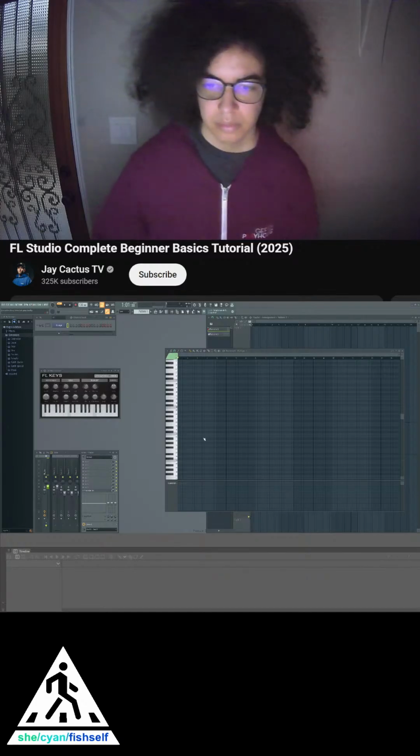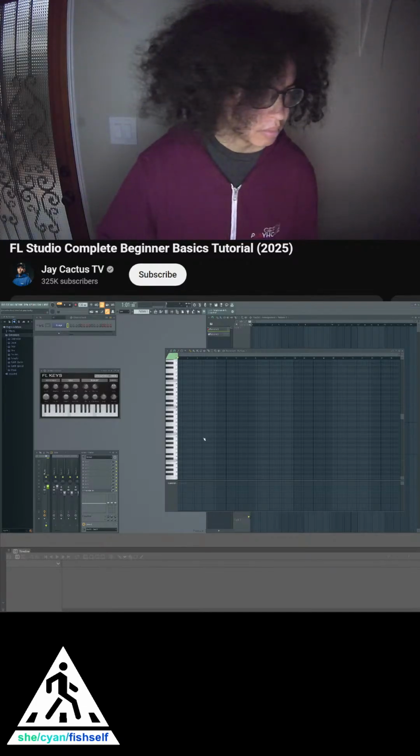saving all of your sounds on the desktop, just click this folder, go to desktop, and then select folder. Once you come out of that, you're just going to need to hit